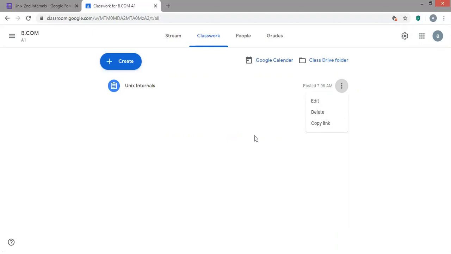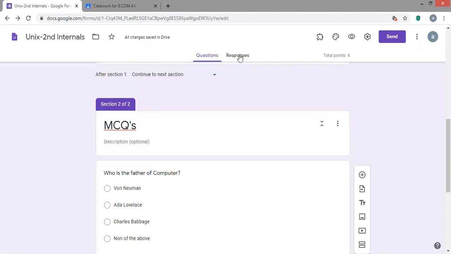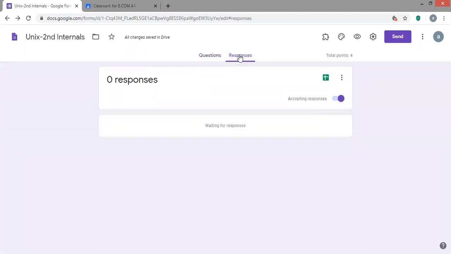So once this part has been done, say we have started the examination at 9 o'clock and we are going to wind up our test internals at 9:20. Now you will be able to see the responses here. That means whatever the students have submitted, you'll be able to see here. So if the students have sent the responses, you will find three different columns here. So you just click on the column called individual. So if the students have submitted, you'll be able to see this. So click on individual. So you'll be able to see what each student has done and what their marks allotted are.